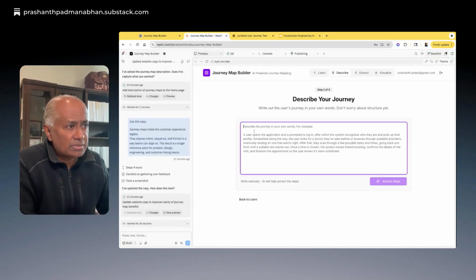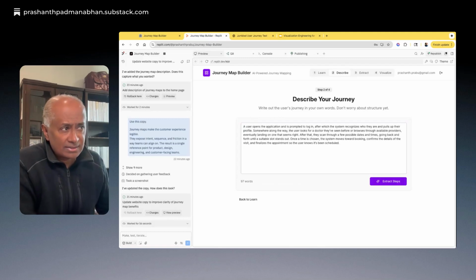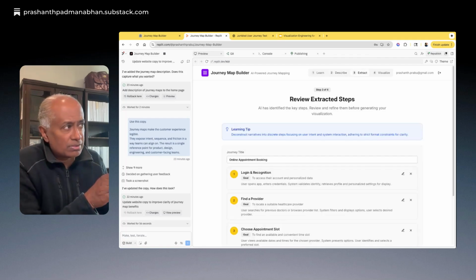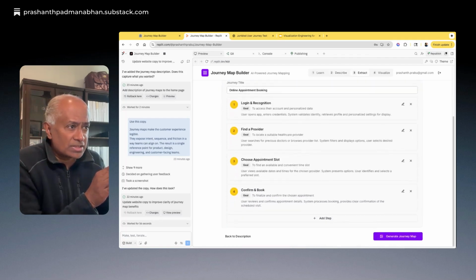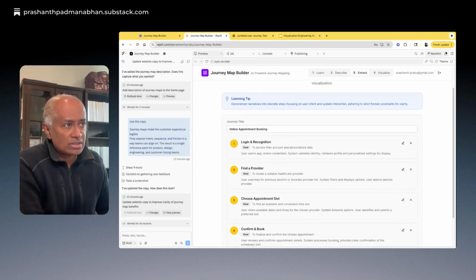I'm going to describe that journey here very broadly, and then say extract the exact steps out of this journey. And what the large language model is able to do is extract the exact steps out of the journey, which will then become the input for the visualization.